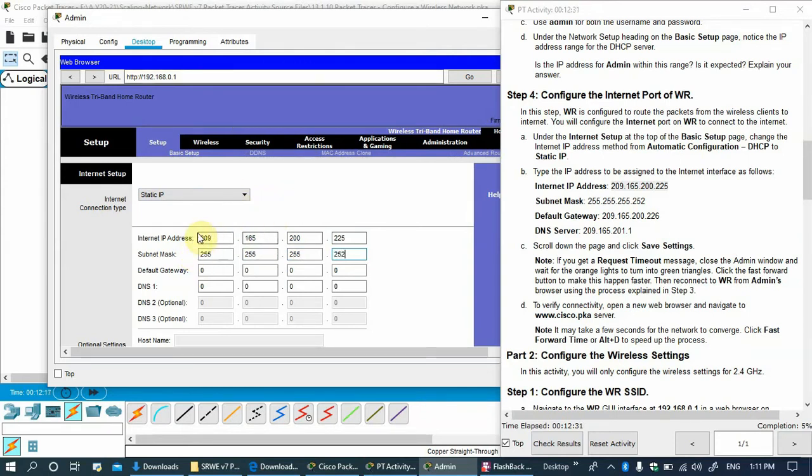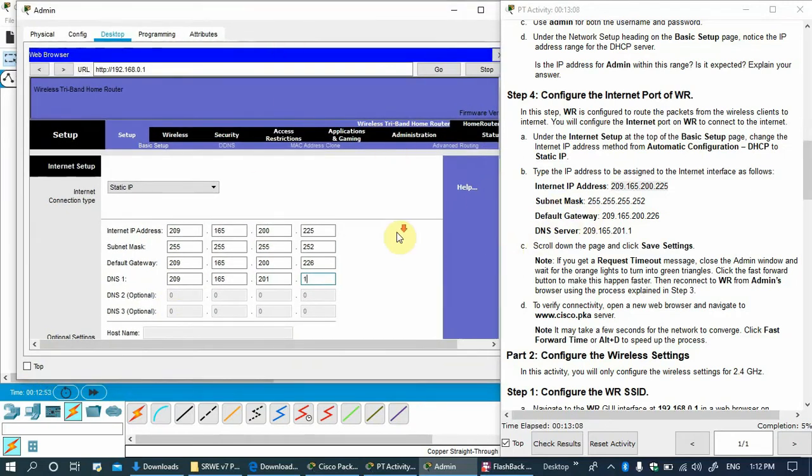So default gateway is 209.165.200.226. Okay, so this is the IP. So you can see this is a default gateway IP, and the DNS is 209.165.201.1. Okay, so this is the setting.